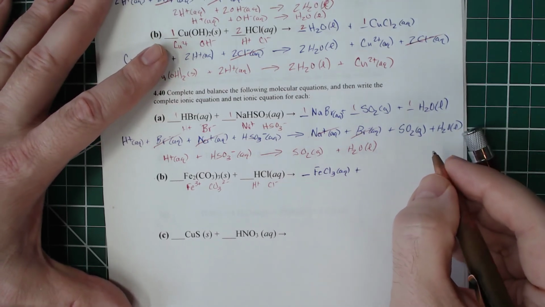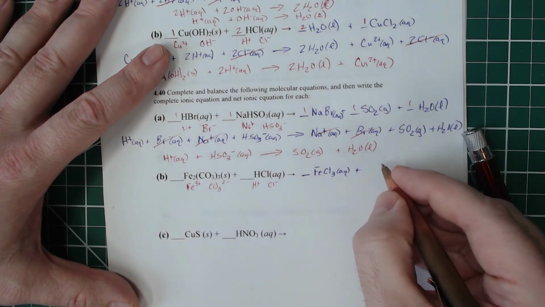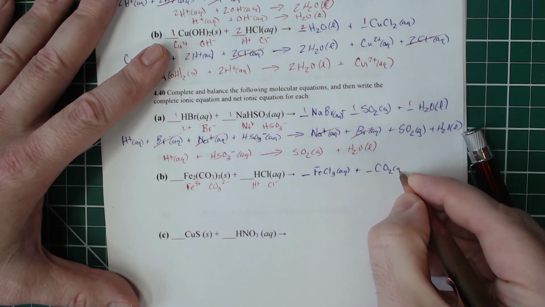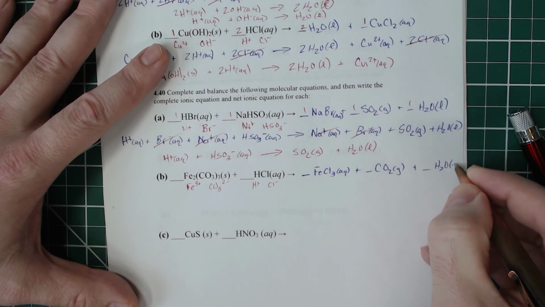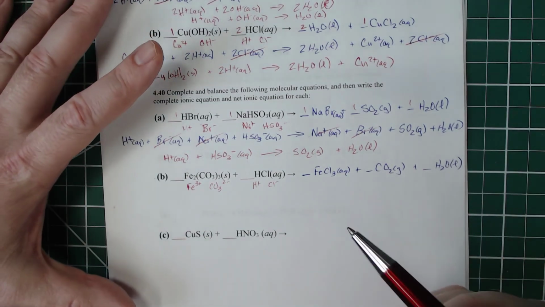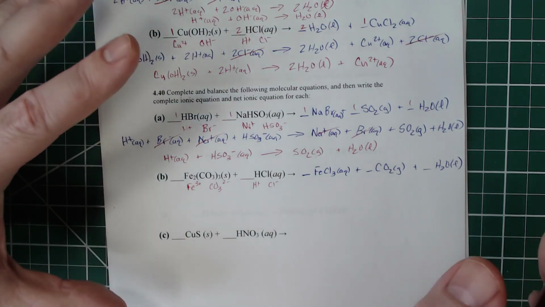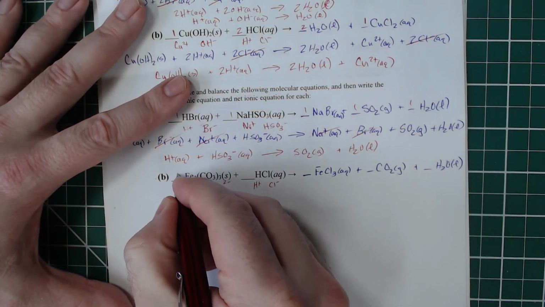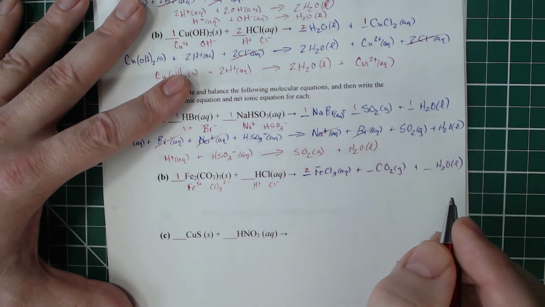All right, so FeCl3. For the carbon dioxide and water, we'll get CO2 gas plus H2O liquid. The next thing that we want to do is balance it. This is not a balanced equation. Our biggest element here is iron, so I'm going to start with it. We've got 2 irons there, so I'm going to put a 1 there, and then I'll put a 2 here to give us 2 irons.